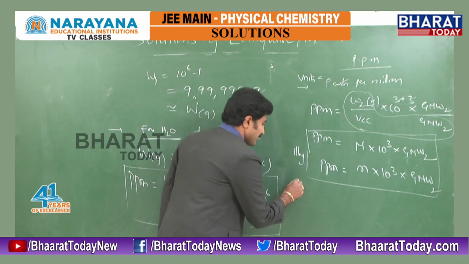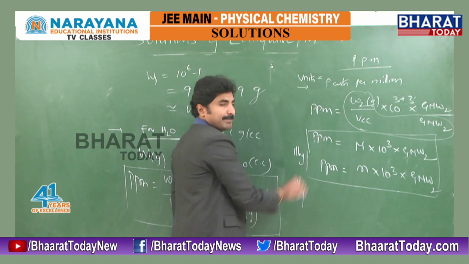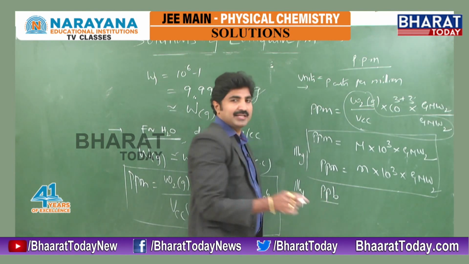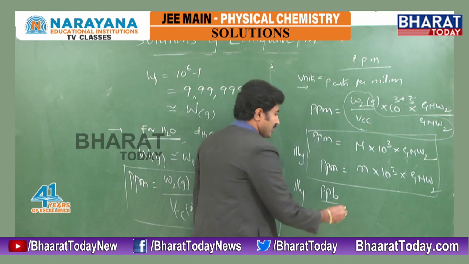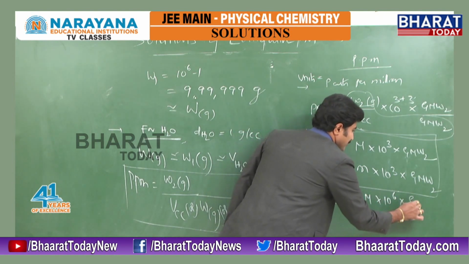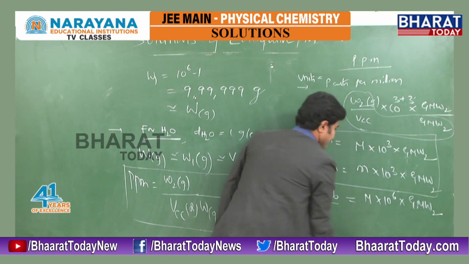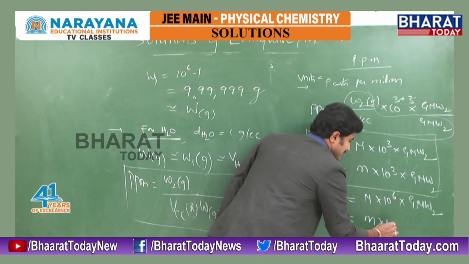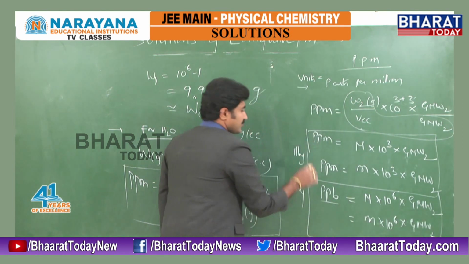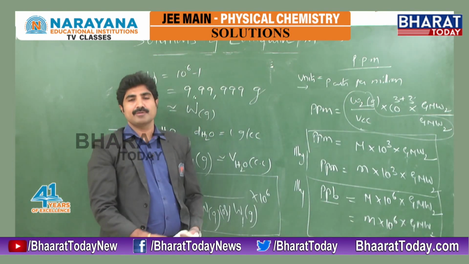In the same manner, if you take ppb, parts per billion, it is 10 power 9. So what is this expression? Molarity into 10 power 6 into gram molecular weight of the solute, or molality into 10 power 6 into gram molecular weight of the solute. So this is ppb, parts per billion. 1 billion is 10